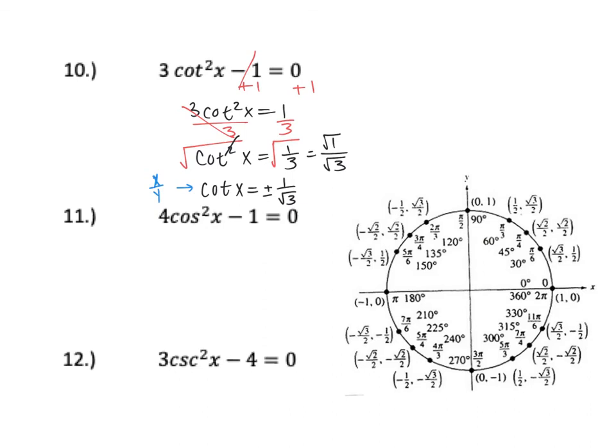So if I think about it, I want the root 3 in the denominator, and the x is being divided by y. So if I take this x and this y is in the denominator and I flip it, the root 3 would be in the denominator. So I think it's this one, not this one. So I'm going to first try out this, and if it doesn't work, then I'll go back to the drawing board. So if I take cotangent, and I know cotangent is always the x over y,